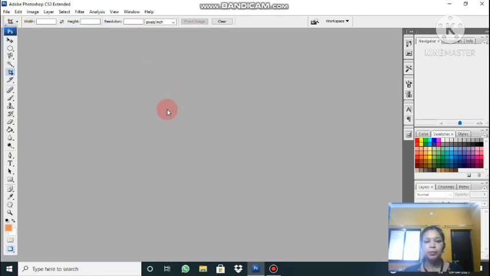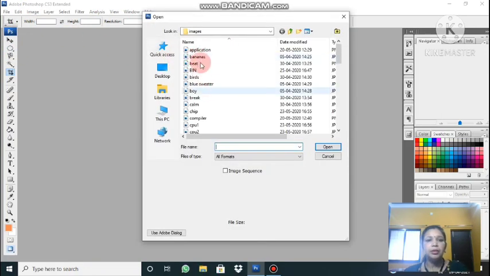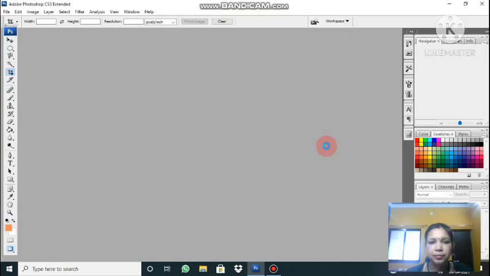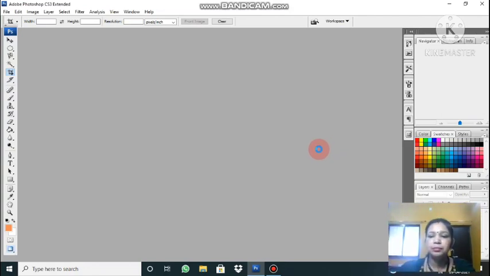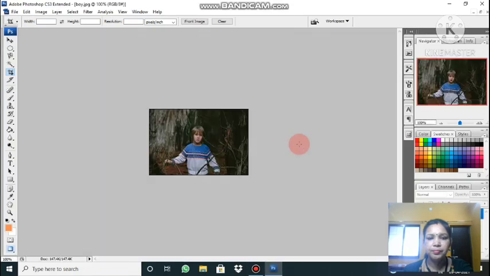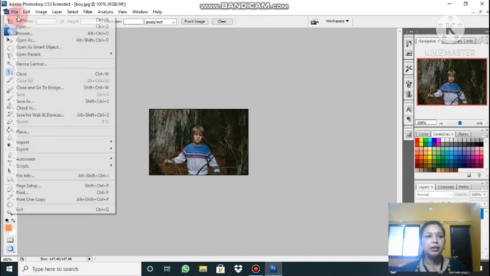Suppose we are going to open a file. Click on File, then Open. Here you have some pictures, like I want this picture. Open. The image will open. Now the image has opened, and if you want to close it, the File, Close option is there, or the shortcut key Ctrl+W can also be used.